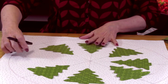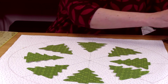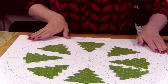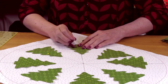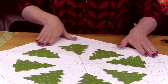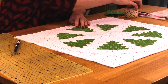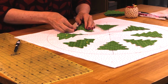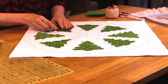Okay, now that we have our 1.5 inch mark set, I'm going to take and pin these in place so that I can make sure I've got all of them together. And now is the time that you want to think about setting up your hoop with your stabilizers. And when we set up our hoop with stabilizer, for this particular project, I like to use what's called poly mesh, which is